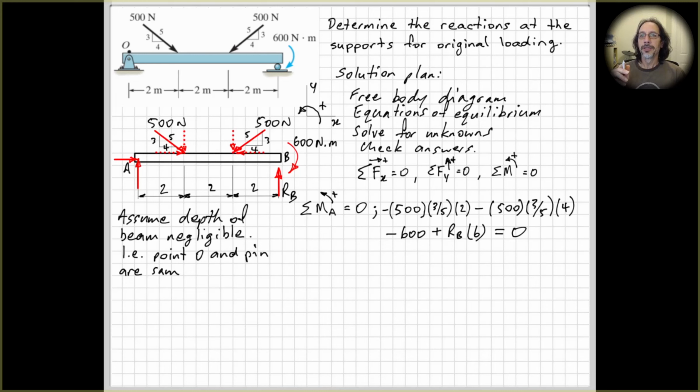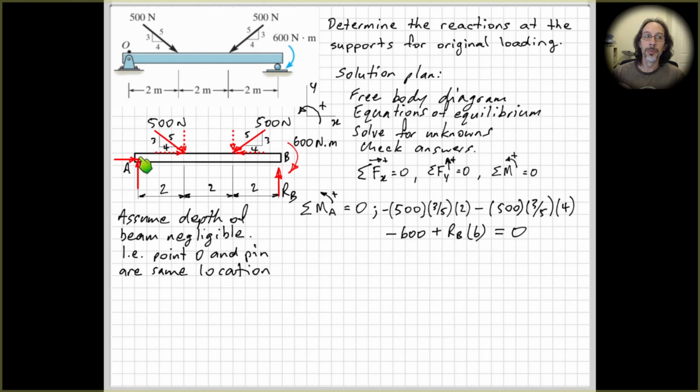Now, something that I've had to do here because of the way the drawing was done in the textbook. In the textbook, it was shown that these forces act above the center line of the beam, right? So here, our pin connection is, we assume, at the center line of the beam. So there is actually a distance between these horizontal forces and this point here, A. Now, in this case, the two forces are equal and opposite, so their moments are going to be 0 anyway, right? But if they were different values,